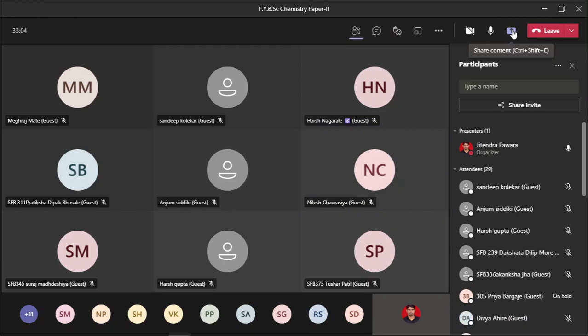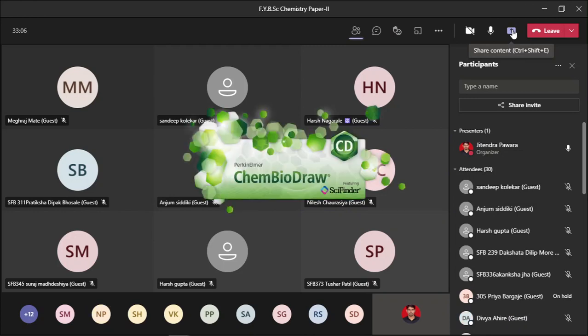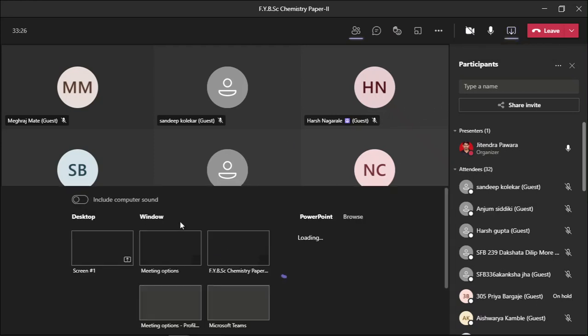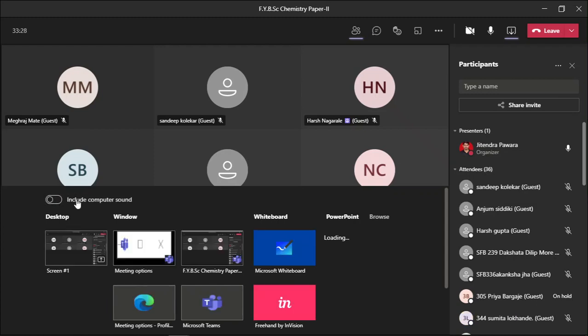Okay, so students, in the last lecture we learned the halogenation reaction. This halogenation reaction is one of the electrophilic aromatic substitution reactions. In it, we specifically took the bromination reaction. You know that bromination is nothing but the introduction of bromine into the aromatic system. That reaction is called the bromination reaction.